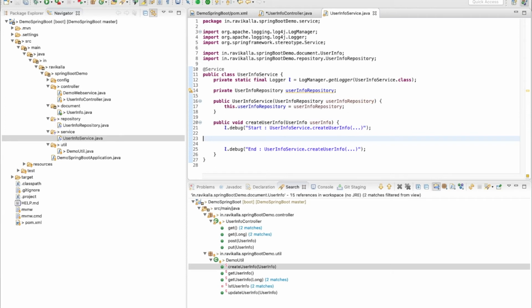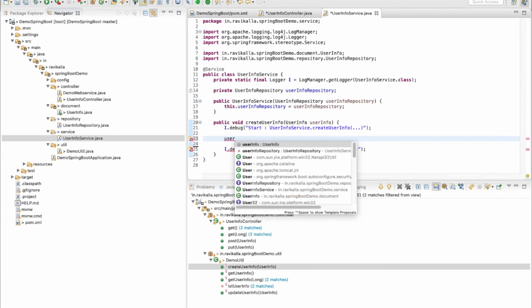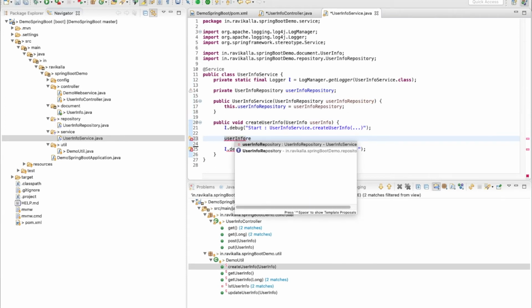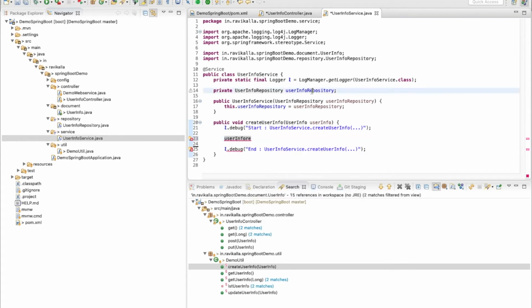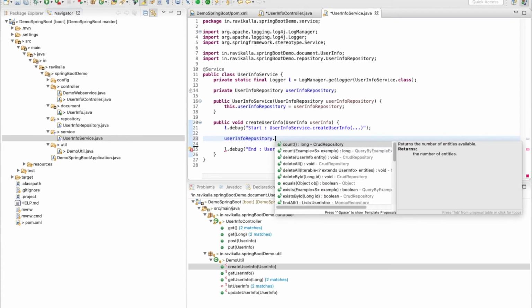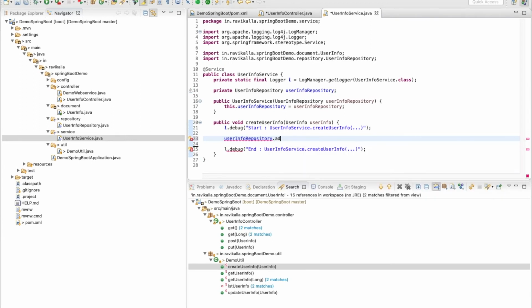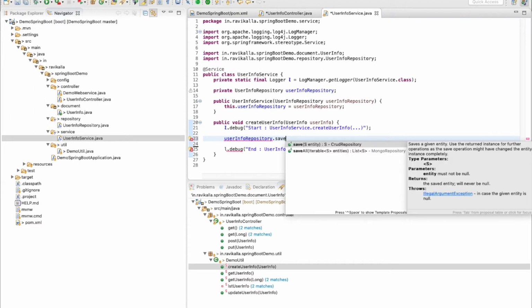So I can use userInfoRepository.save, and what can I save?